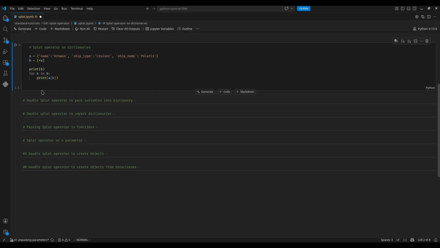The splat operator can also be used on dictionaries. And this is where we learn that there are two types of splat operators, a single splat operator and a double splat operator. And when we use a single splat operator on a dictionary, it will unpack its keys. As you can see here, we have a dictionary A with the keys name, ship type, and ship name with the values Crozo, Cruiser, and Polaris respectively. And then we have the variable B, which is set equal to a list containing the variable A with the splat operator. What this will do is unpack the keys from dictionary A